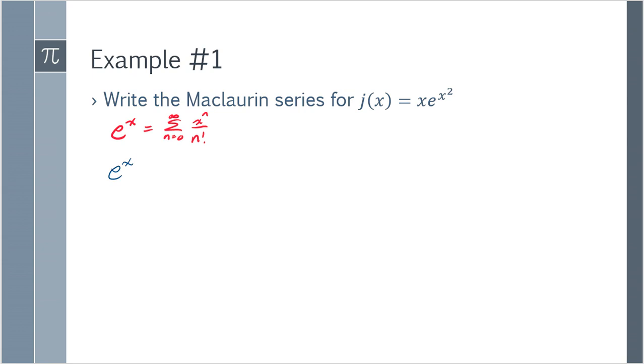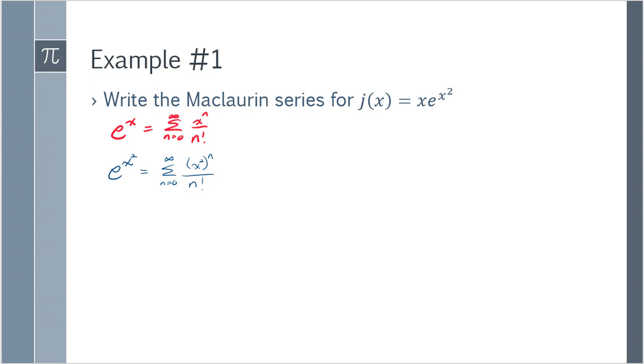So e to the x squared means replace the x with x squared. So I have the series where n goes from 0 to infinity, I replace x with x squared over n factorial. I could simplify the algebra in that series, but I'm not required to,